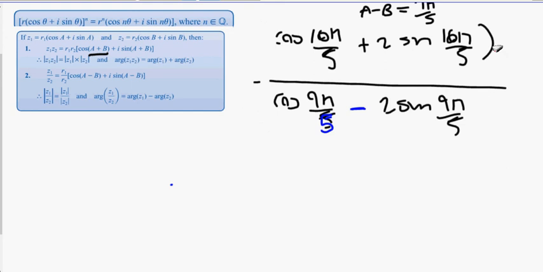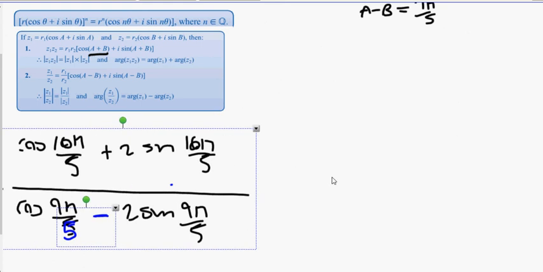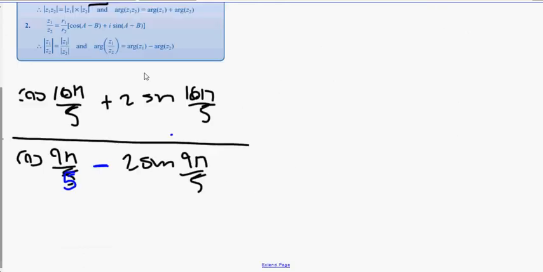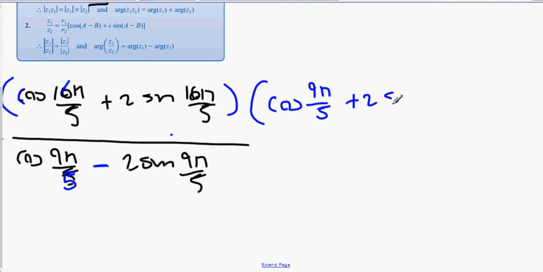Okay, so the trick is not to panic when this happens and just try and think your way out of it. So what we get here is this here, cos 16 pi over 5. Now what I'm going to try is to use a conjugate here to see if I can fix this. So I'm going to multiply top and bottom by the conjugate of the bottom. So I'm going to try cos 9 pi over 5 plus i sine 9 pi over 5 again. And then on the bottom, what I'm going to have is